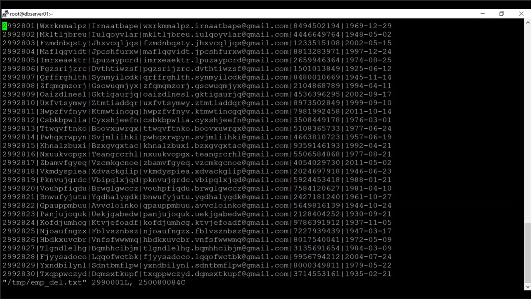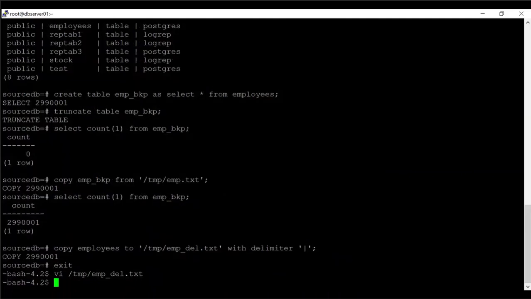So if you see, it is exported with the delimiter, with each row's columns separated by the delimiter. So this is easy for us. They can also import from their side easily if we give it in a delimiter kind of format. So this is one way of exporting, and we will also see